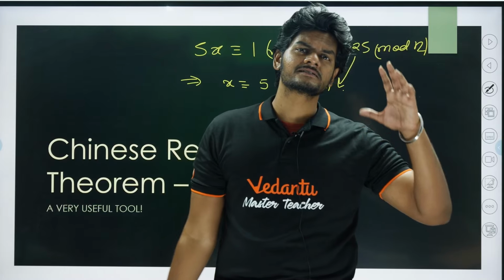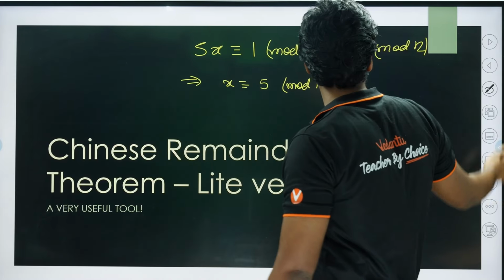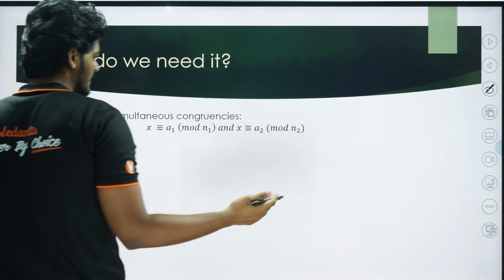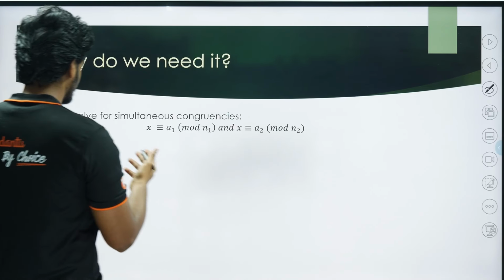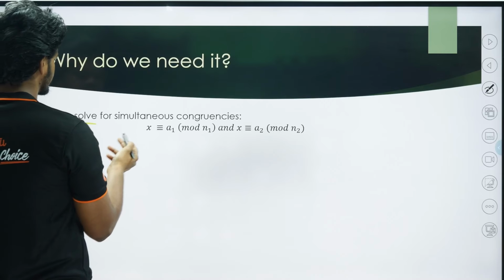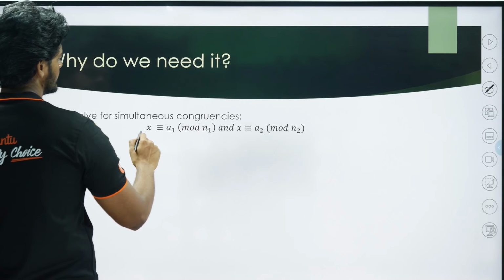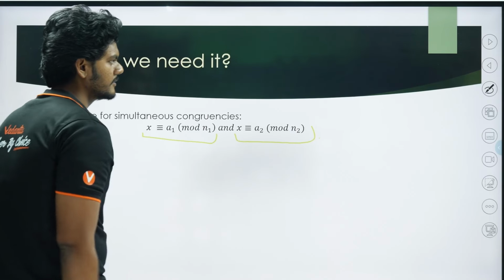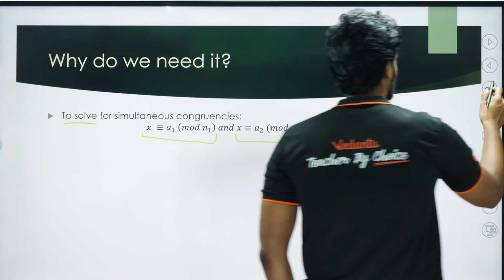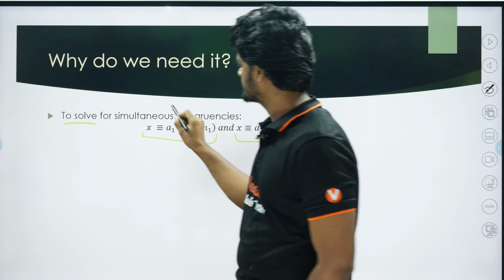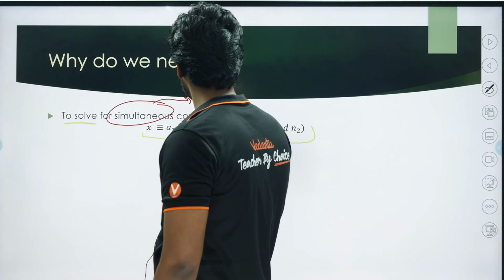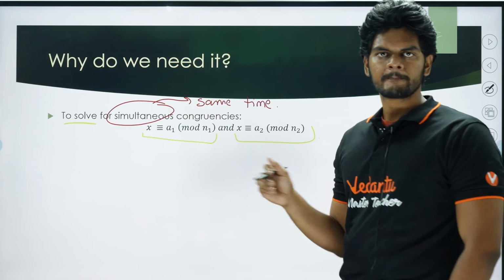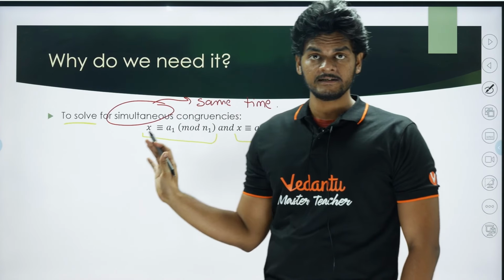So it's like solving simultaneous congruency equations looking like this. What does the theorem tell us? We will look at that later, but what we actually deal with is this. To solve for simultaneous congruencies, x is congruent to a1 mod n1 and x is congruent to a2 mod n2. So if x satisfies both the congruencies together simultaneously, that's what the word simultaneous means, right? Same time. That's what the word means. Now, if that happens simultaneously,